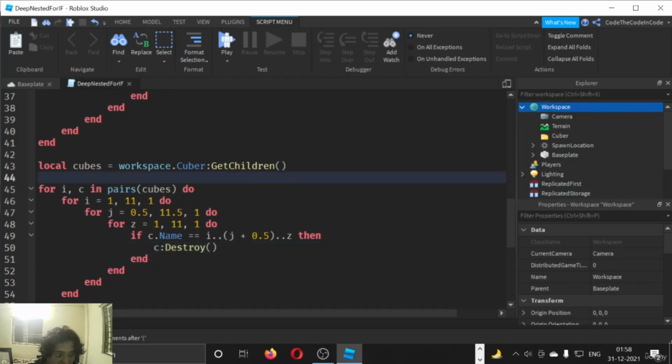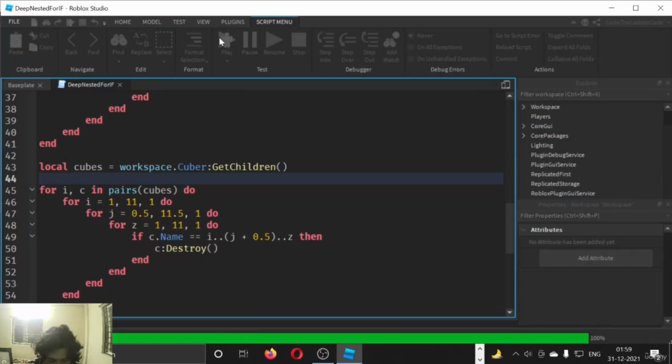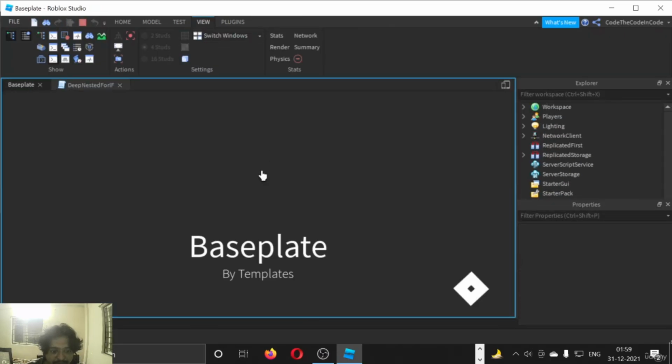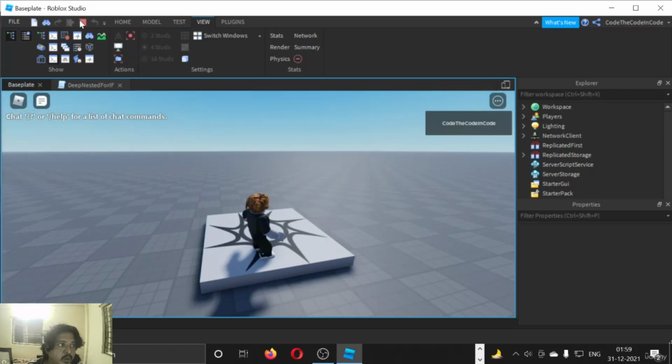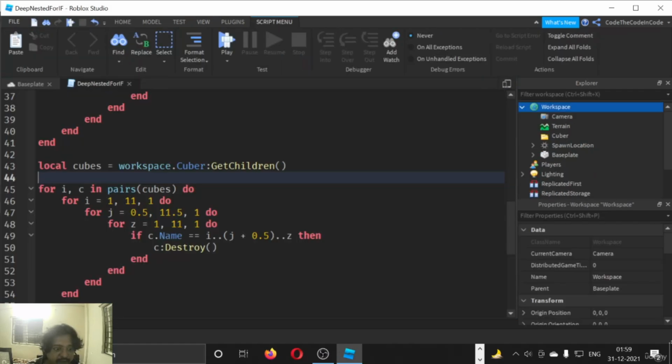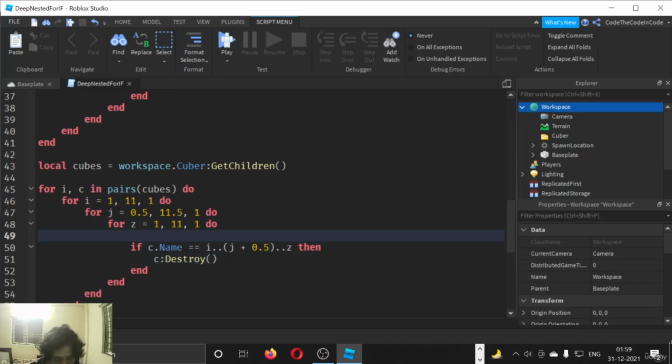Okay, so I think nothing should even work because everything should get destroyed or nothing will get destroyed. Let's see what happens. Nothing. See, everything destroyed because our condition is if everything matches, destroy everything. This is not what we want. Okay, but now what we will do is we will come here and write if I, okay, let's come back